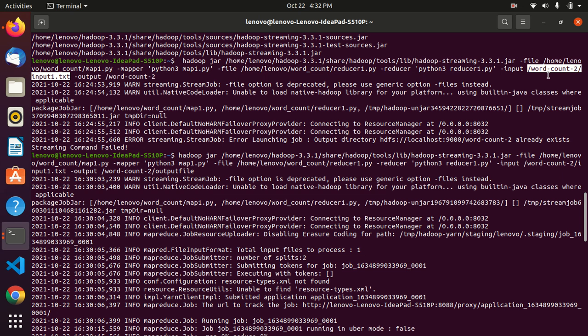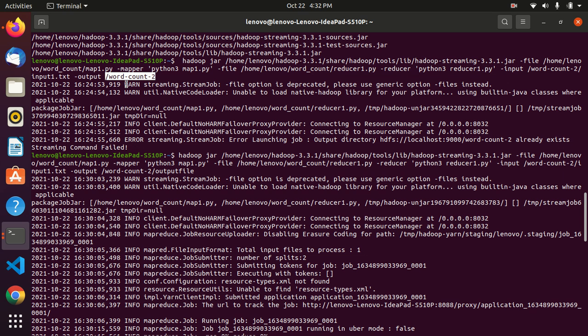So for that path we need to give, our directory in HDFS is wordcount-2 slash input1.txt where our input file is located, and then space and the output. This is very important, like output space slash, and we have to give our output file.